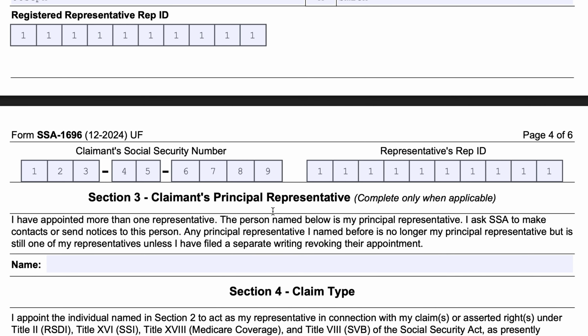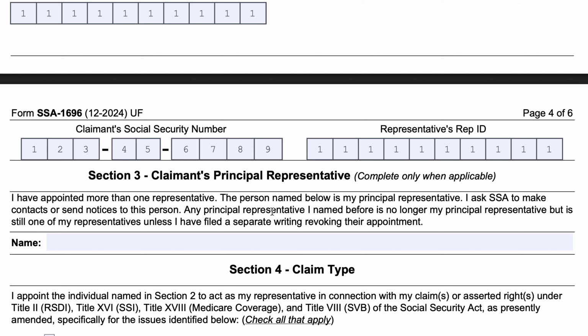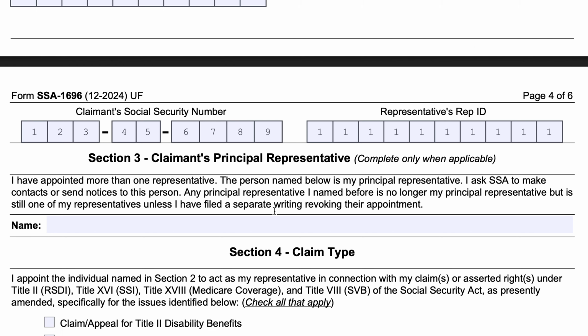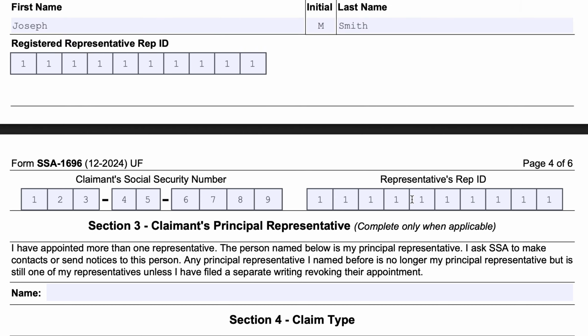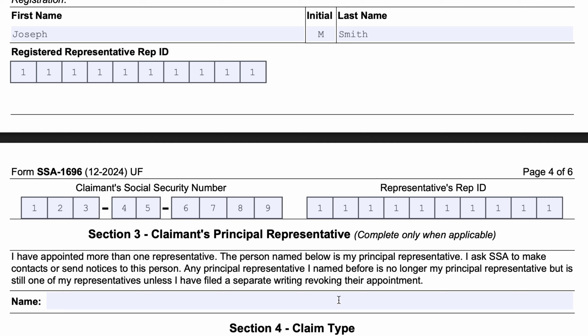In Section 3, this is the claimant's principal representative. Again, this would only be when applicable, and in this case, only if there's more than one representative. So if John Doe had previously appointed multiple representatives, he could reiterate that this person he's typing the name in for below is the principal representative, and that's going to be the person that the SSA contacts or sends notices